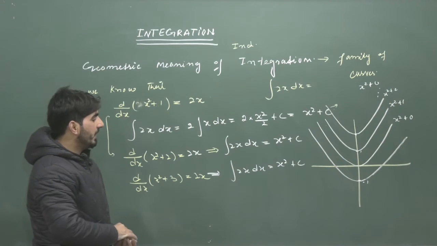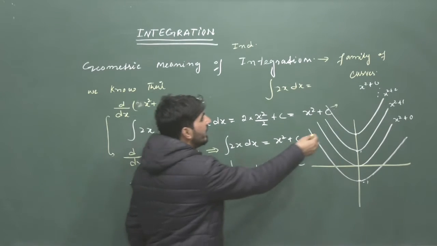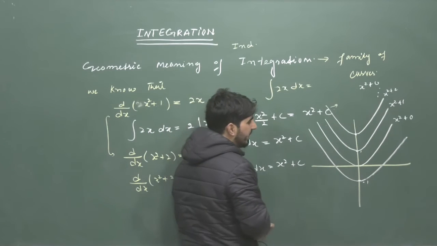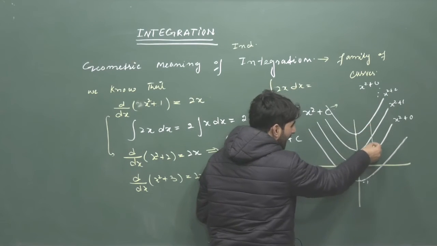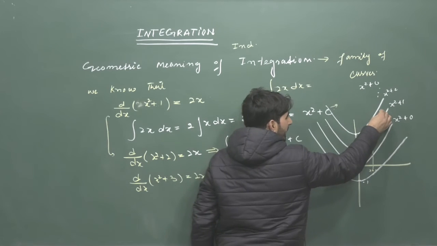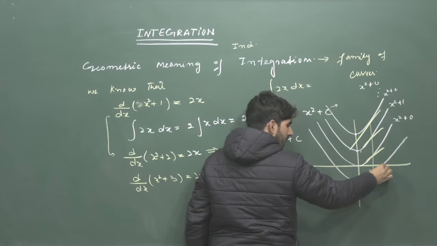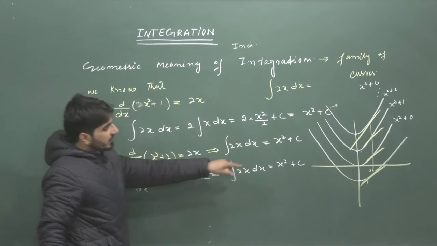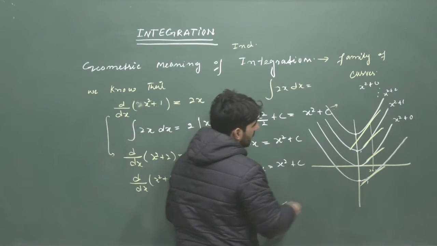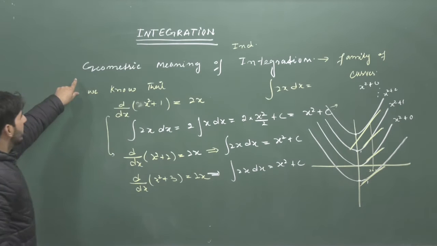But the interesting thing is here, if we draw the tangent of any curve, say x square plus 2, at any point, say at x is equal to 1, and sketch the tangent, the slope of these tangential lines is equal. But you have to remember the geometric